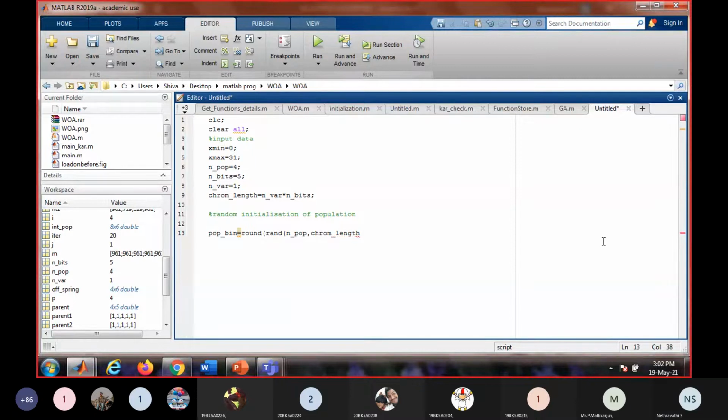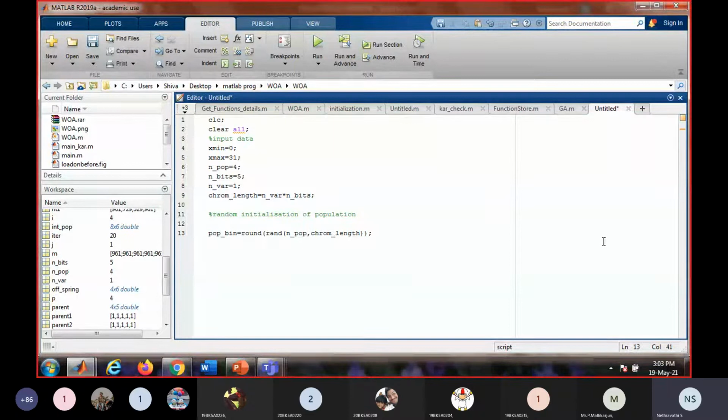This rand function will generate numbers between 0 and 1. So it will generate a decimal value like 0.234, 0.561, something like that.